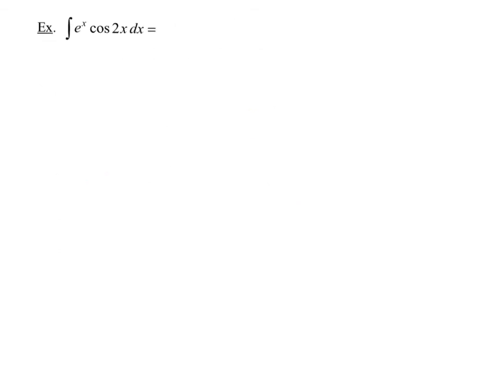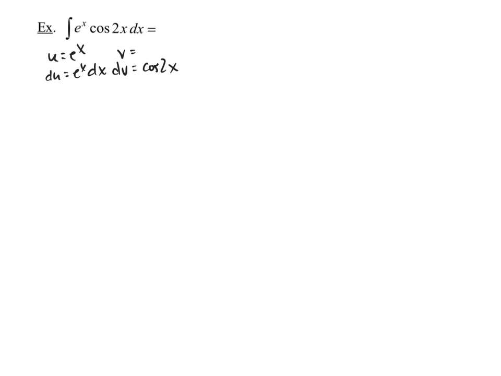Okay, this next problem is going to take us a little bit of time. I noticed that it's the integral of an exponential and a trig. So thinking about my acronym, I know that the exponential comes first, and so that means that my u is going to equal e to the x. That means that my dv is going to be cosine of 2x, and so I can calculate what my du is, e to the x dx, and my v, which is going to be the antiderivative of cosine of 2x,